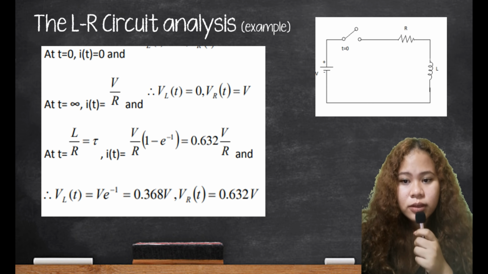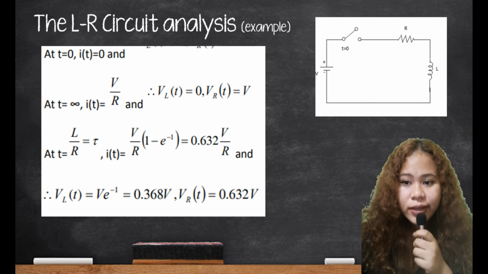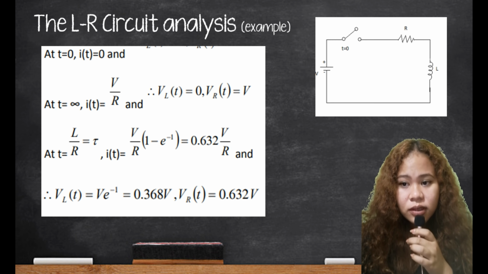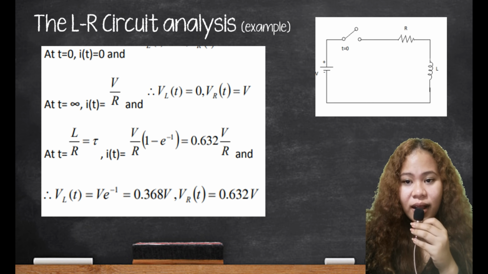At t is equal to 0, i(t) is 0, therefore V_L(t) is equal to V and V_R(t) is equal to 0. At t is equal to L over R, which is equal to tau,